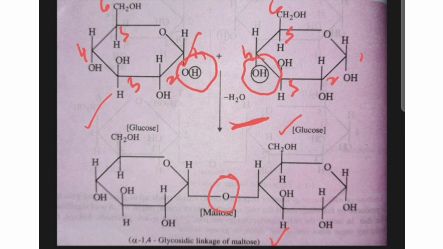In the second structure, we can see that the first glucose and second glucose are joining together with the help of the glycosidic linkage formed by the oxygen, and it is the alpha 1,4-glycosidic linkage that you can see, because the first carbon is attaching with the fourth carbon of the second glucose. So this is called the 1,4-glycosidic linkage. 1 and 4 are the numbers of the carbons. And they are forming the maltose structure. It is the structure of maltose.